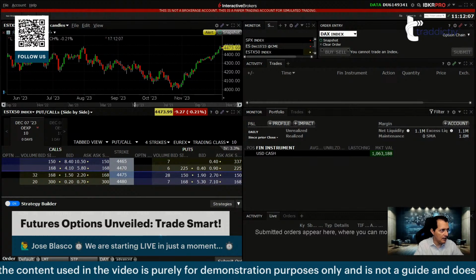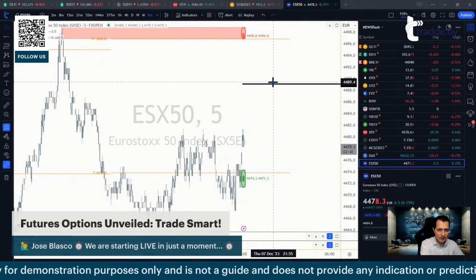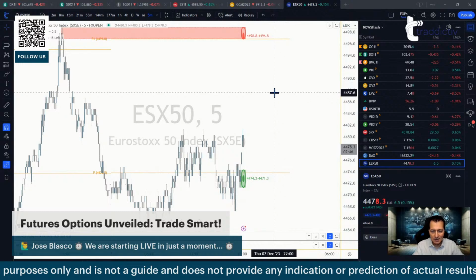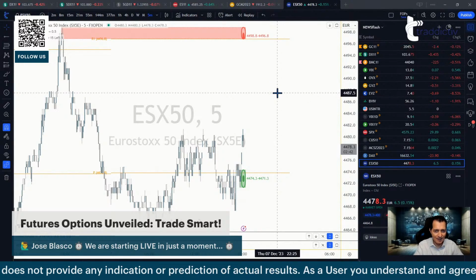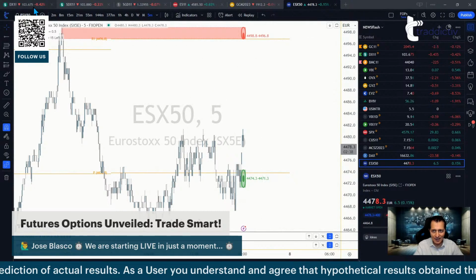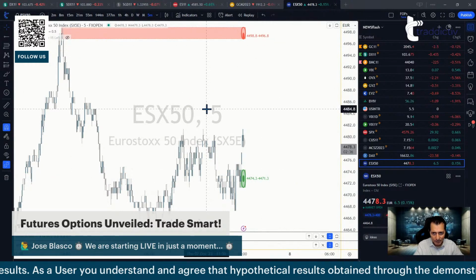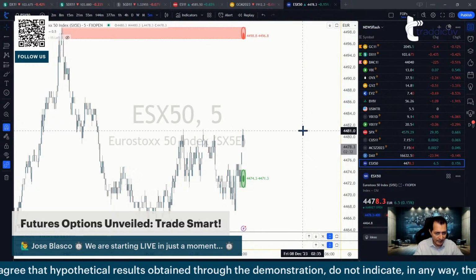There is liquidity, very convenient times as well. They overlap with US markets. You can even hedge an S&P futures iron condor with a Eurostock 50 long strangle, for example. So many things that could be done, which are quite exciting. Okay, we may talk about things like that in future sessions as well. I just wanted to open your eyes to things that could be done.